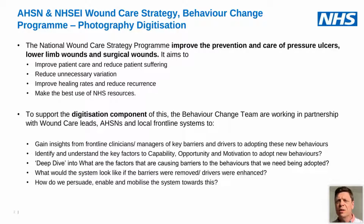So to support the digitisation component, my team have been working in partnership with wound care leads on the front line, AHSNs and national wound care leads as well, to try to gain insights from the front line and the managers of the people on the front line, the team leaders, etc., what the key barriers and drivers are to adopting these types of behaviours, and to try and understand what we could do to help people adopt these more